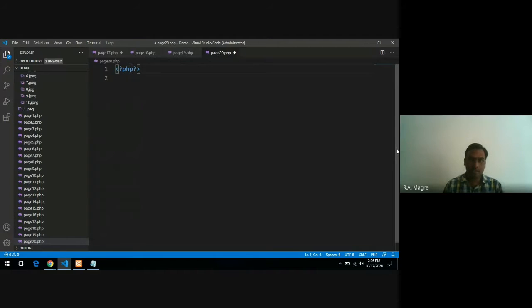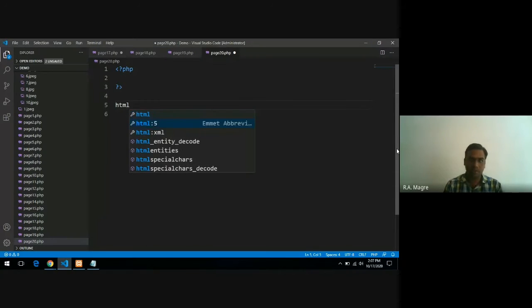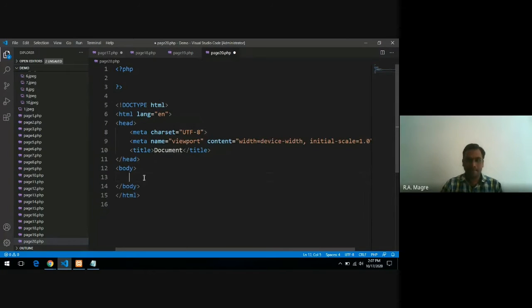Display 10 products or 20-30 products also you can display. Okay, product I am going to display inside table. Basic template I am going to use here, and in this table a table row and table. This is table row, and inside this table row this is table cell.